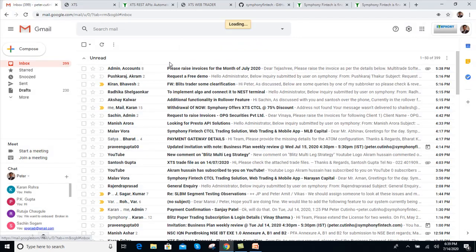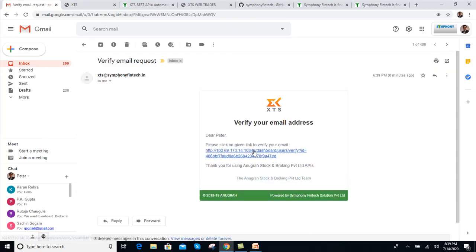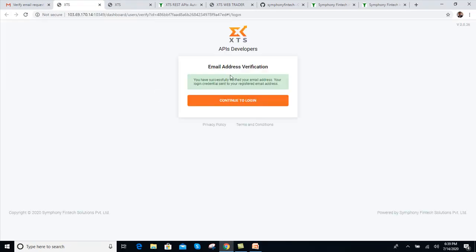You have to verify your email ID. So I received a verification mail here. Click on the verification link. Now my mail ID is verified. Now I can log in from here